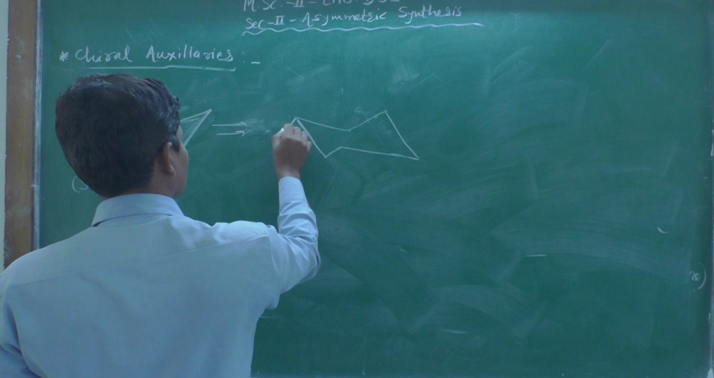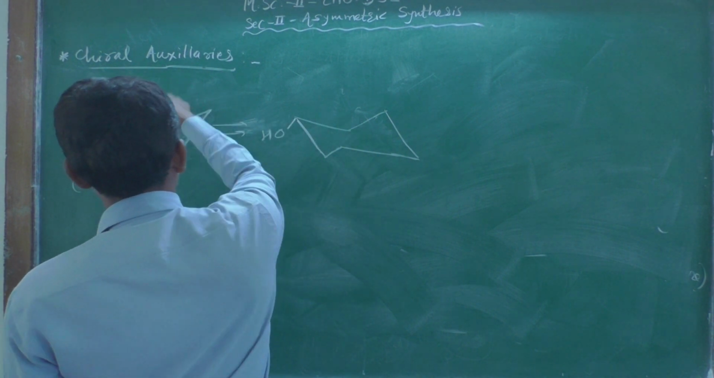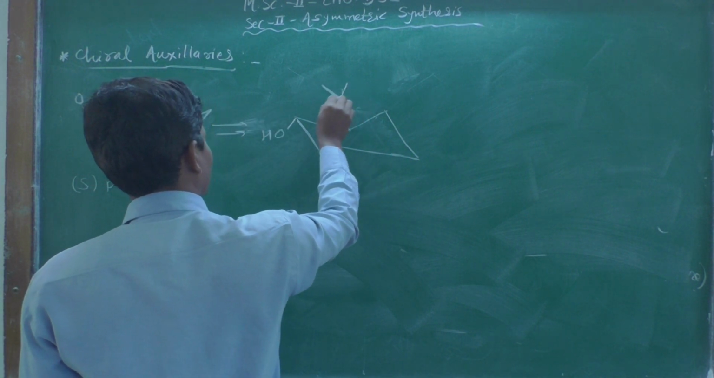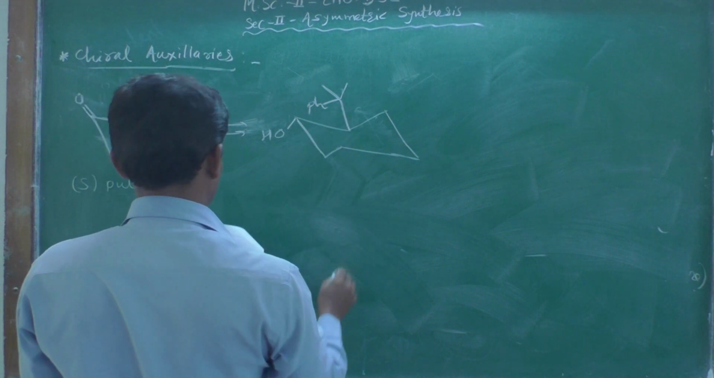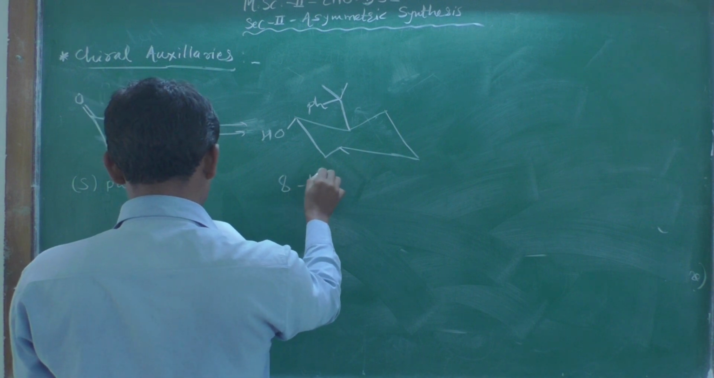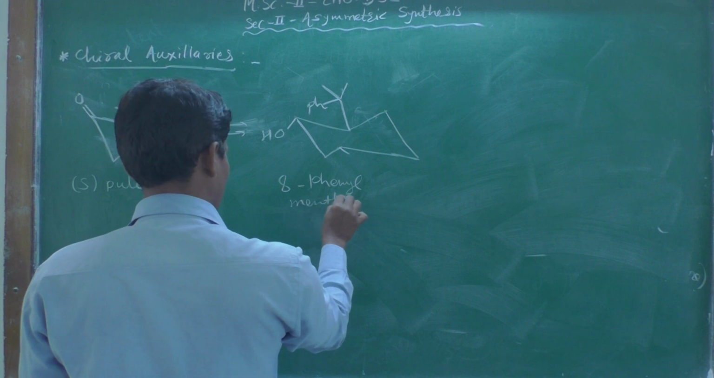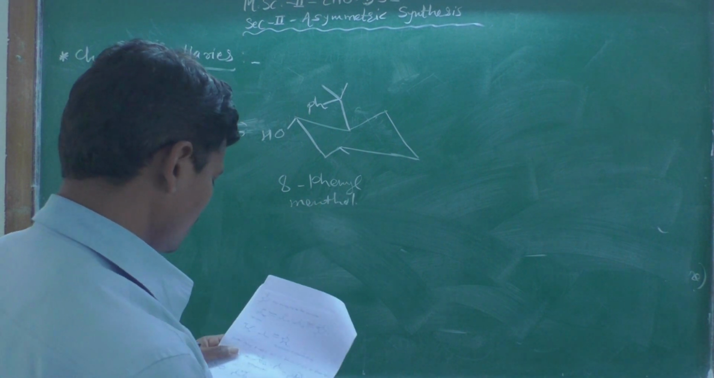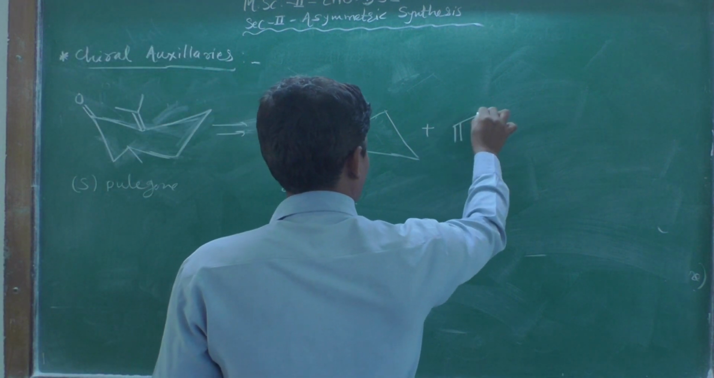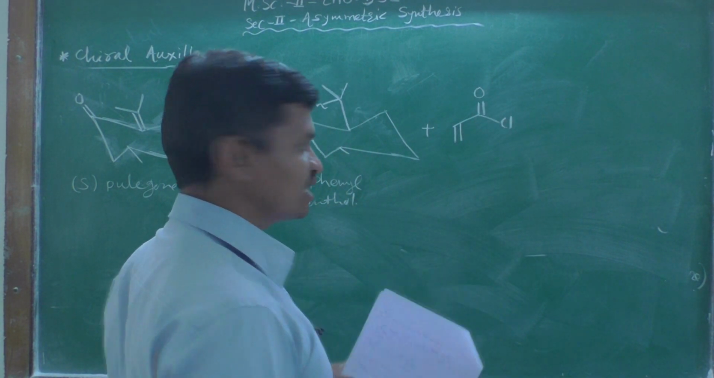this molecule, that is hydroxy here, that is reduction of this carbonyl group and converting this side chain into a dimethylphenyl group, again with the methyl group as it is. So what is this? 8-phenylmenthol. Now when this 8-phenylmenthol reacts with the same acryloyl chloride,